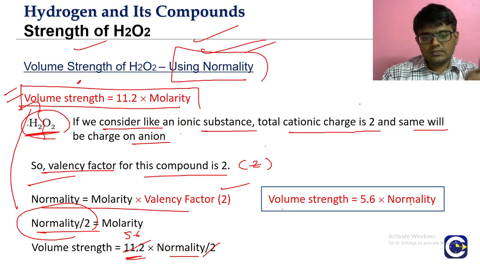So here what are we doing? We did all those previous steps to show how there is a relation between the molarity and normality. Ideally, if you had understood that thoroughly in the basic concepts, we need not have done that relation. But anyway, it is a sort of revision for you guys. So what is the formula? Volume strength is equal to 5.6 into normality. What is the relation between the volume strength and molarity? Volume strength is equal to 11.2 into molarity. Okay guys, so these two formulae we have to keep in mind.